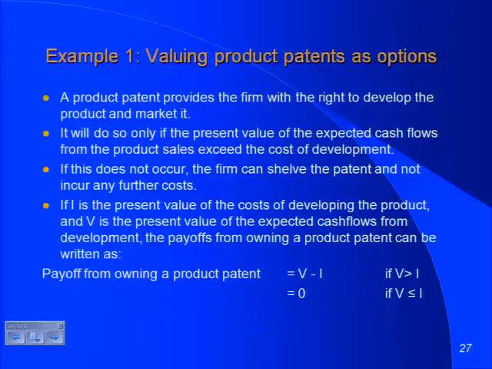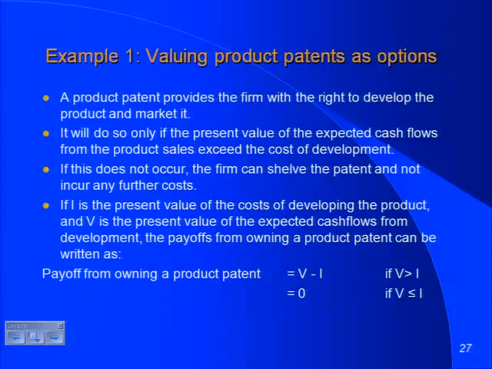So let's use that to talk about patents. Right? Here's why I think patents fit the option technology. You're a company. You've essentially just got a patent. In the US, patents run, 17 years? So basically, right now, you filed with the patent agency, said you've got the exclusive rights to produce this product, you've patented for the next 17 years. Let's assume that the cost of developing this patent is $500 million. So that's what it will cost you to take this patent and make it into a commercial product. And V is the present value of the cash flows you see today, based on what you know today, of what you will make if you develop the patent.